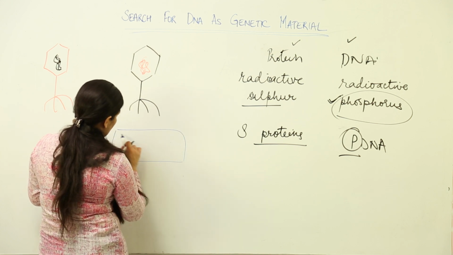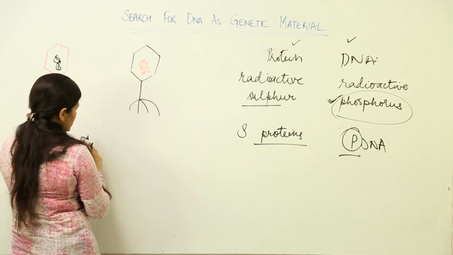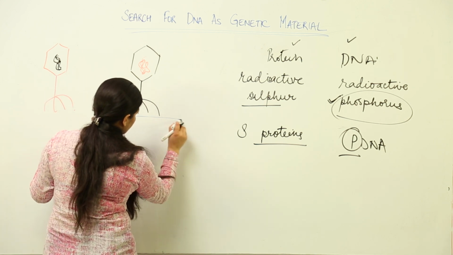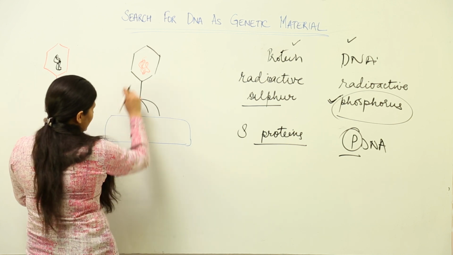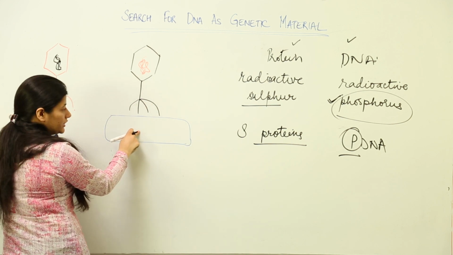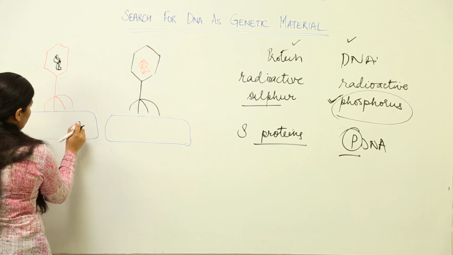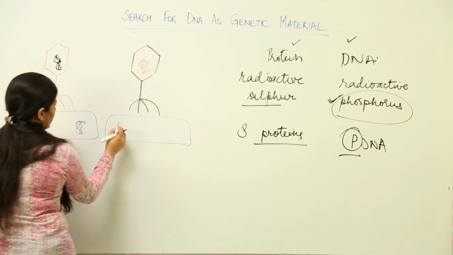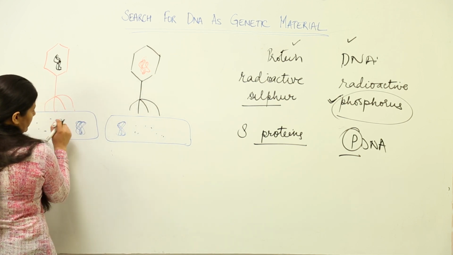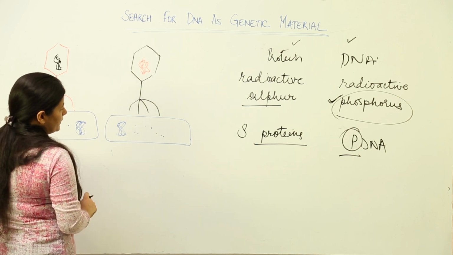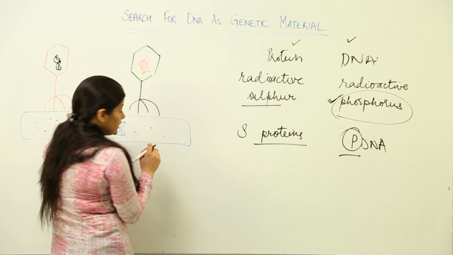The next stage is blending these, and in blending we see that supposedly this is E. coli. This would come in contact with this particular bacteriophages. They will come in contact with E. coli. They would be blended, and they are going to send the genetic material inside. As a result of blending, this is the E. coli that we have. Okay. E. coli cell. Now what will happen when the infection takes place? They are going to send the genetic material inside.